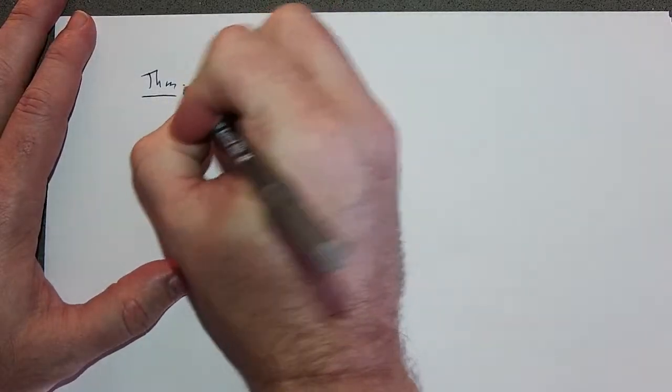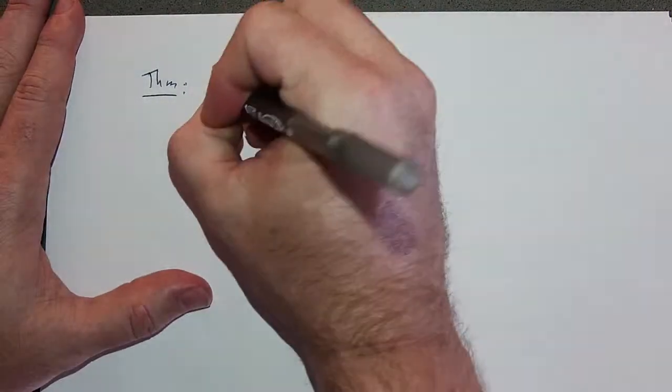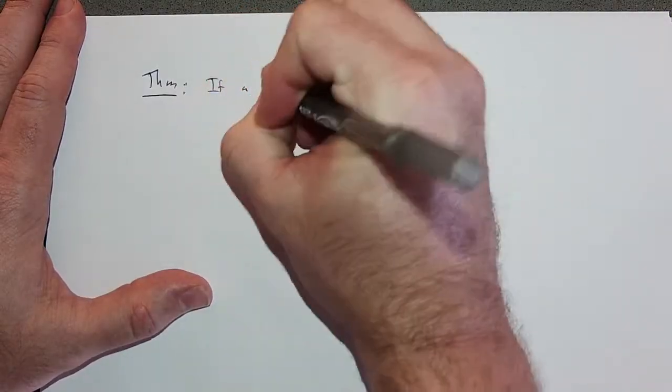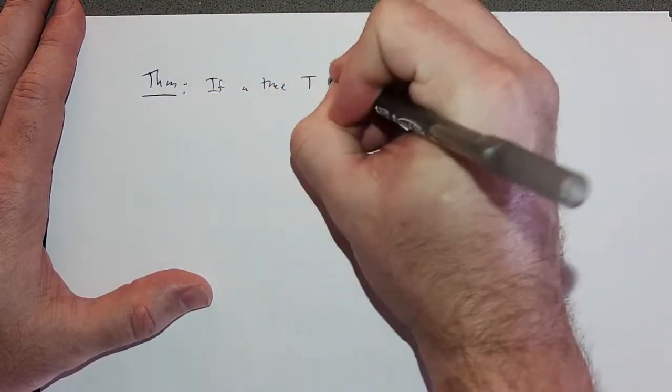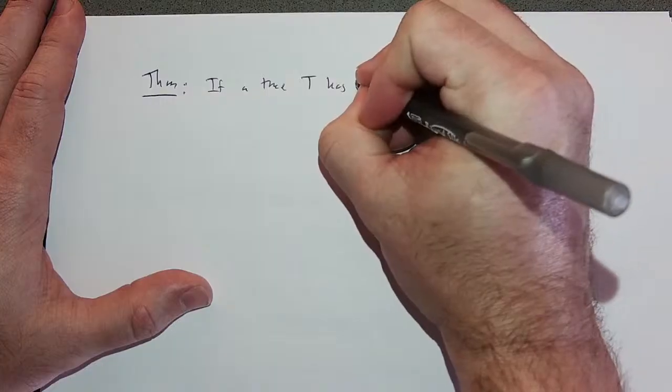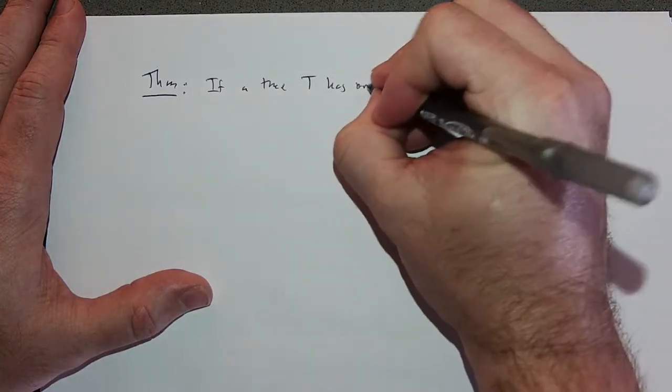The theorem says if you know what the order of the tree is, you know exactly how many edges it has. And if a tree T has order n, we'll say,